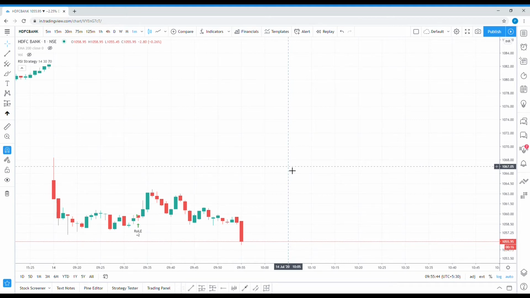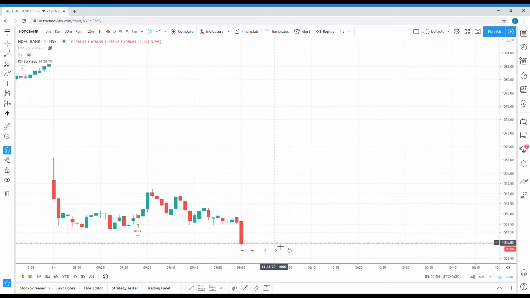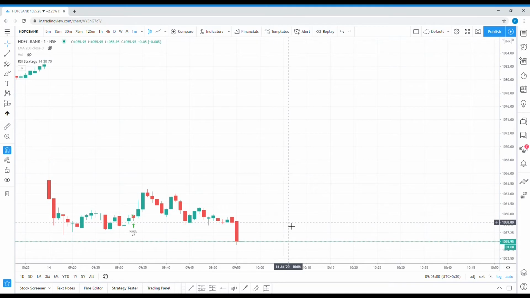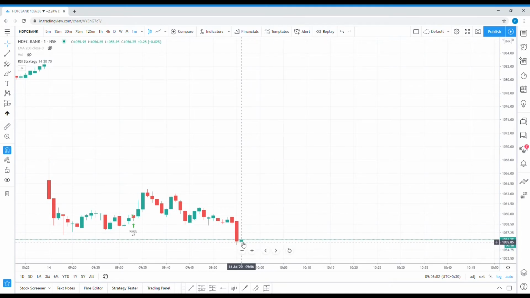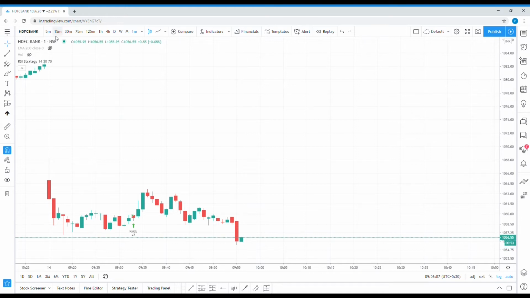That's why it is commonly suggested that we shouldn't trade at the lower time frames. Mostly people do 15 minutes, 30 minutes or more than that. Just after 5 seconds, a new candle will be created. So this is 9:55 and the next will be at 9:56. See, a new candle is created. So this is how the candle interval works.